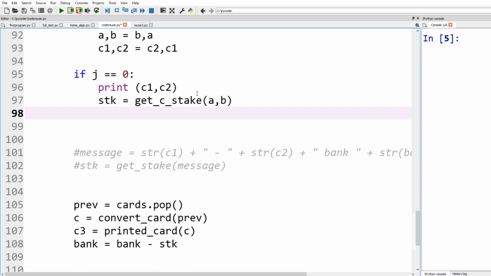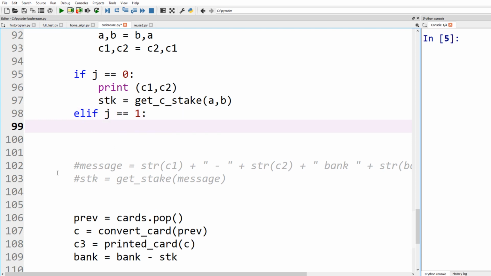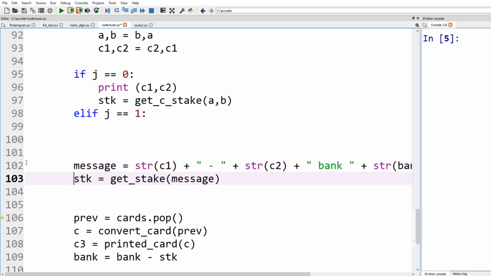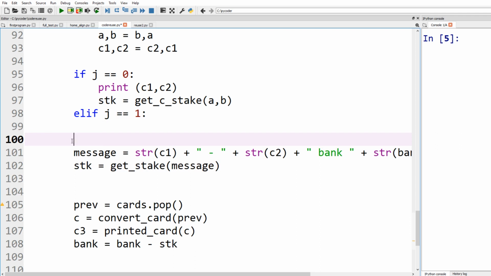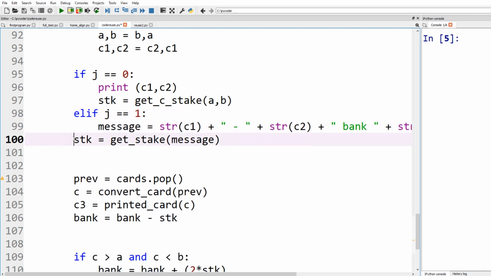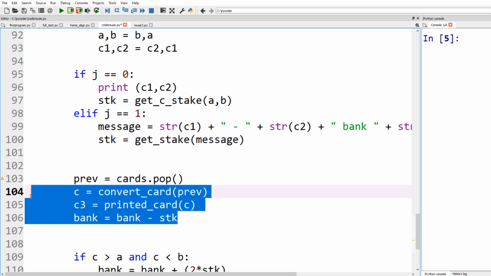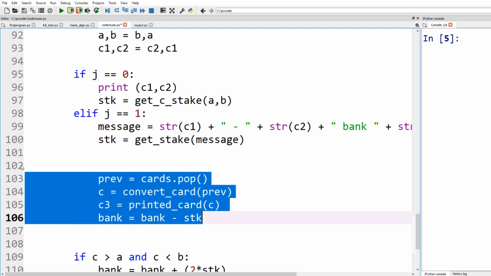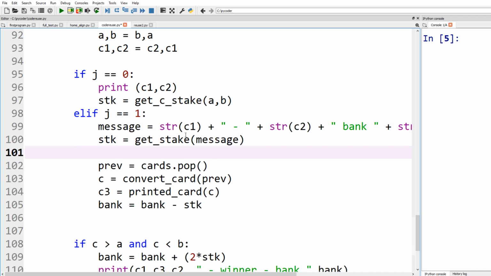Now, if J equals 1, means the player's playing, then we have our original code. So the game's the same,